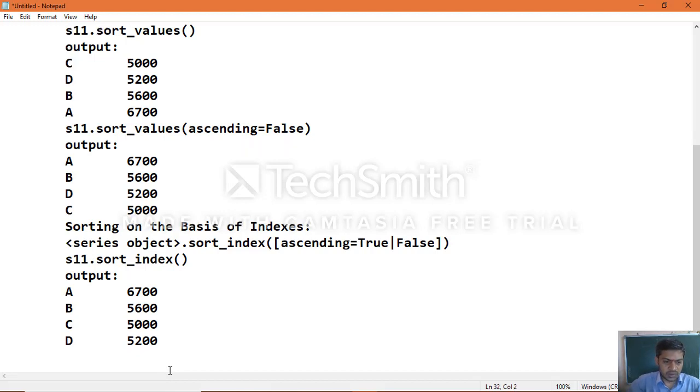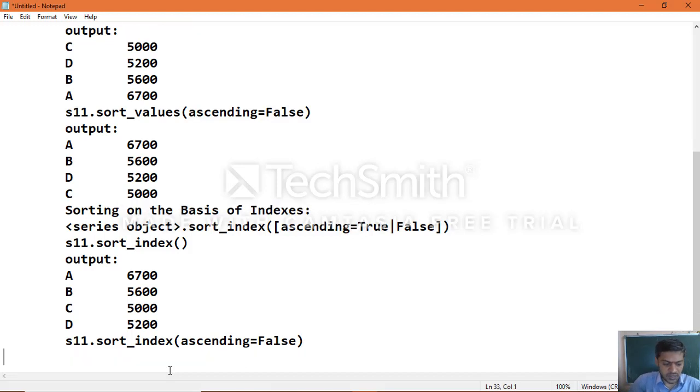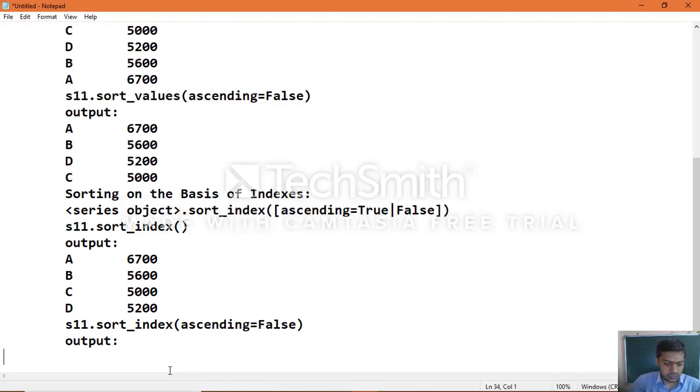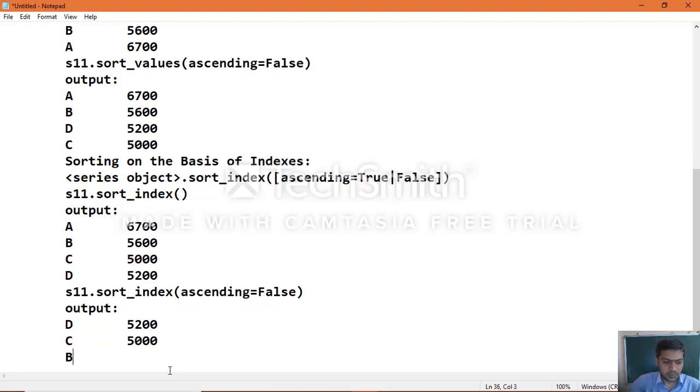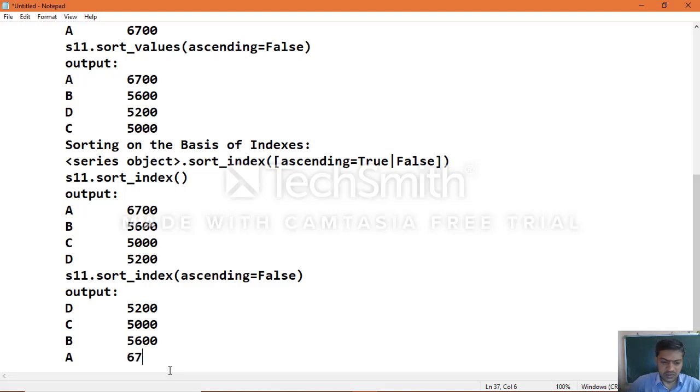If you want descending order, s11 dot sort_index of ascending equal to false, then you can see the output: d 5200, then c 5000, then b 5600, then a 6700.